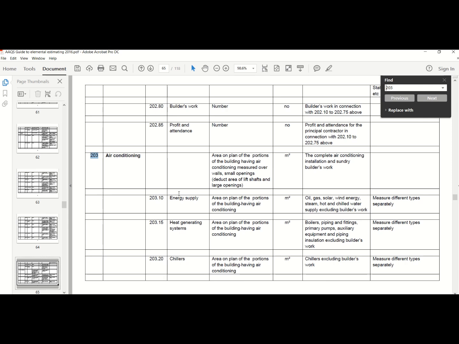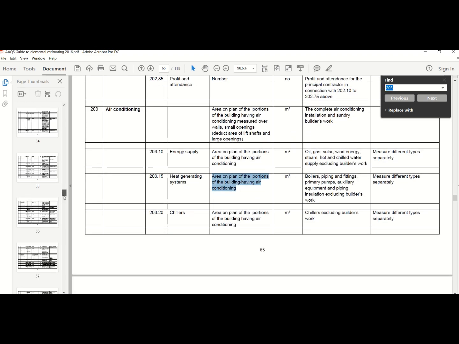So it depends on how much detail you actually have. If you've got your energy supply or heat generation as units installed separately, you can actually calculate it per square meter. Just make sure that you compare apples with apples and whether the rate that you get to actually makes sense. Okay, so let's just go back